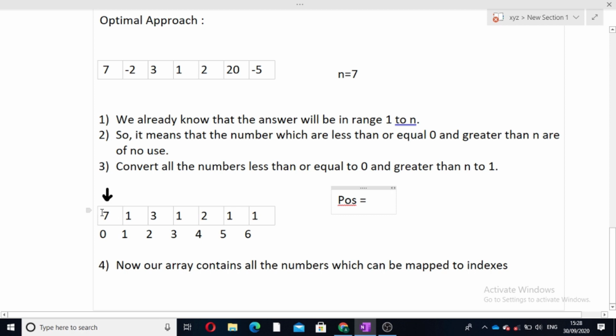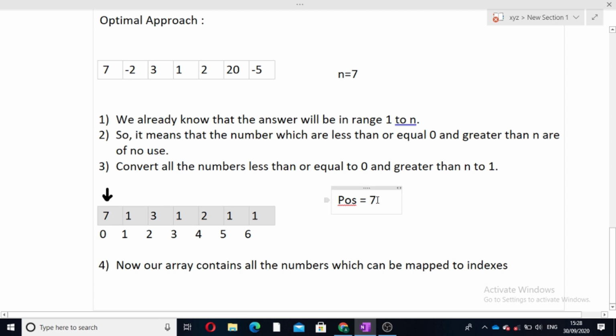See, while we are traversing this array, at first position we are at this index and the value at this index is 7. These values are 1 based, that is, the values start from 1, and indexes are 0 based.